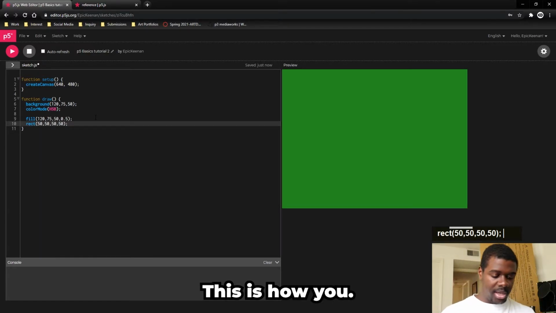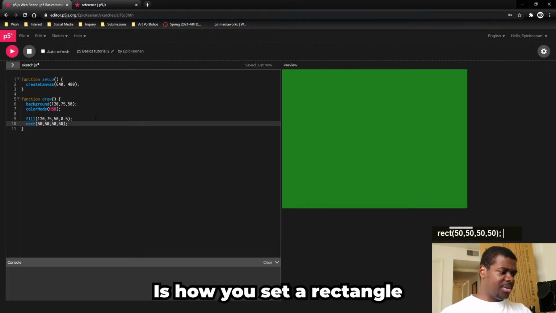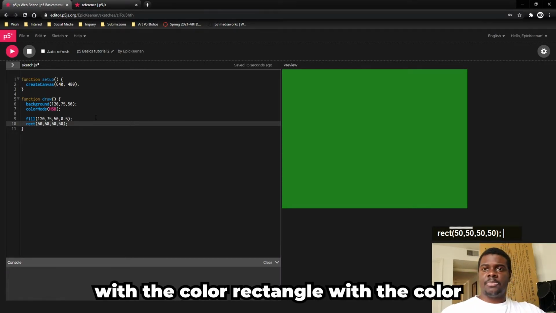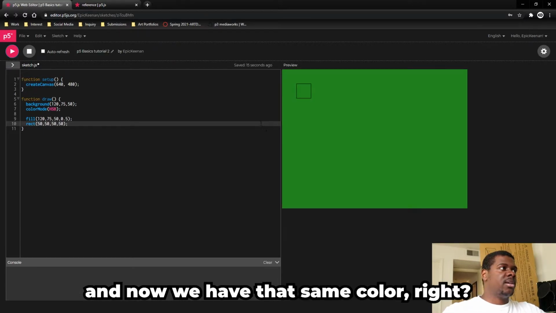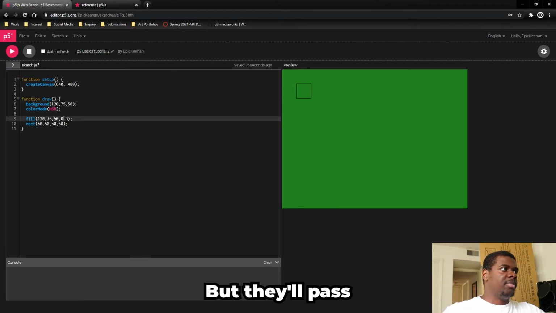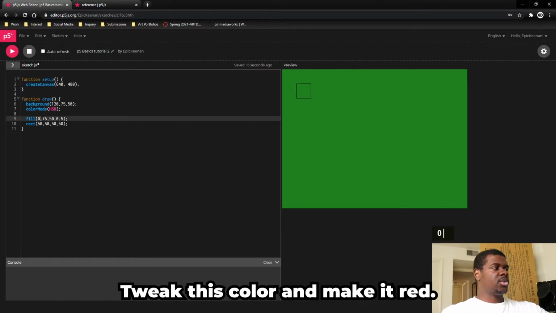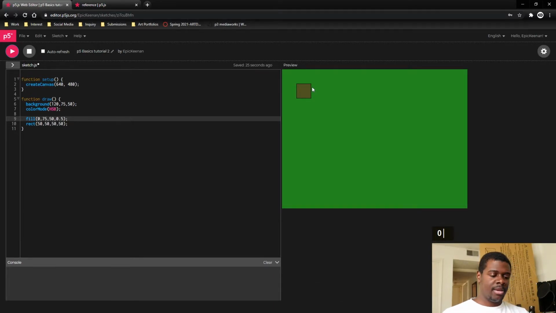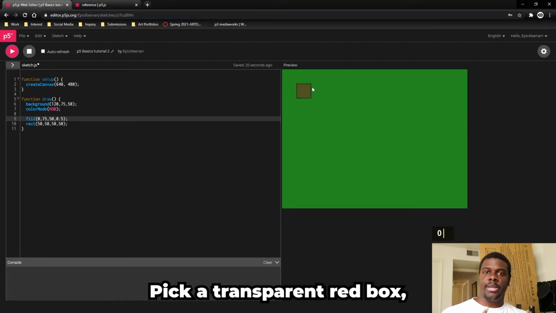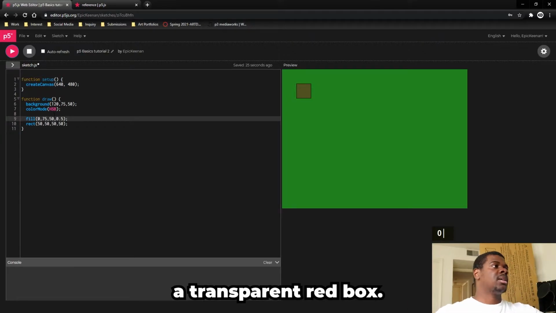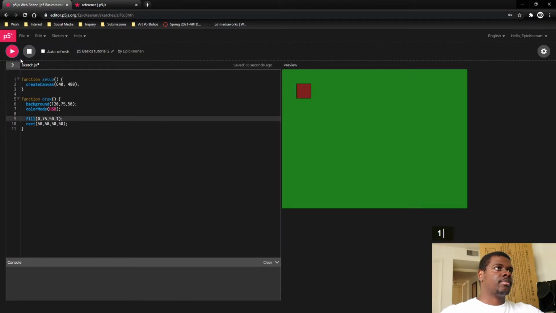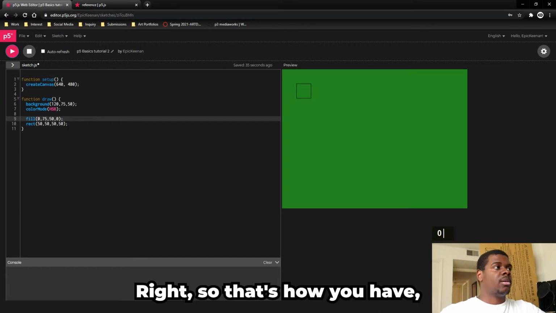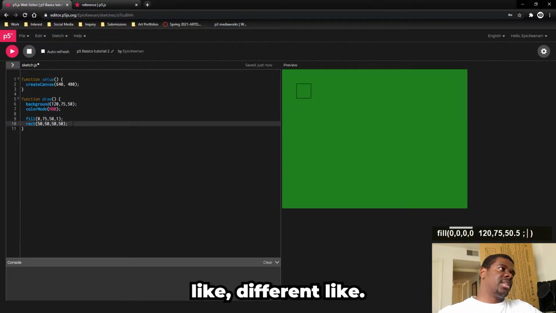This is how you set a rectangle with a color. And now we have that same color, right? But the opacity is a little different. So let's tweak this color and make it red, right? So now we have a transparent red box. Now if I change this to 1, it's going to be fully colored. And if I change this to 0, it's going to be fully transparent, right? So that's how you have different